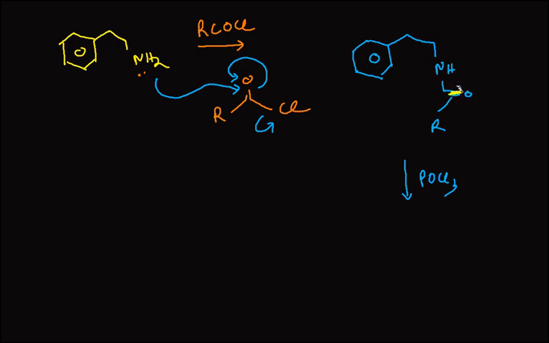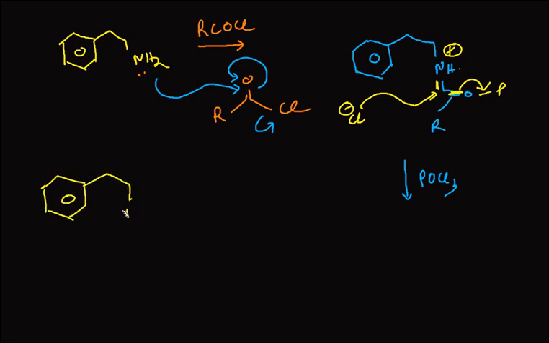This will form O minus. This bond will be donated, nitrogen will have a positive charge, this will form O minus, and this O minus will then attack the phosphorus. So it will form an OP bond. Then we have a Cl minus present. That Cl minus will attack this carbon, leading to formation of NH. This NH will again migrate back, and this bond will eliminate. So the phosphorus oxygen bond is eliminated, and ultimately we'll get this CH2 NH.